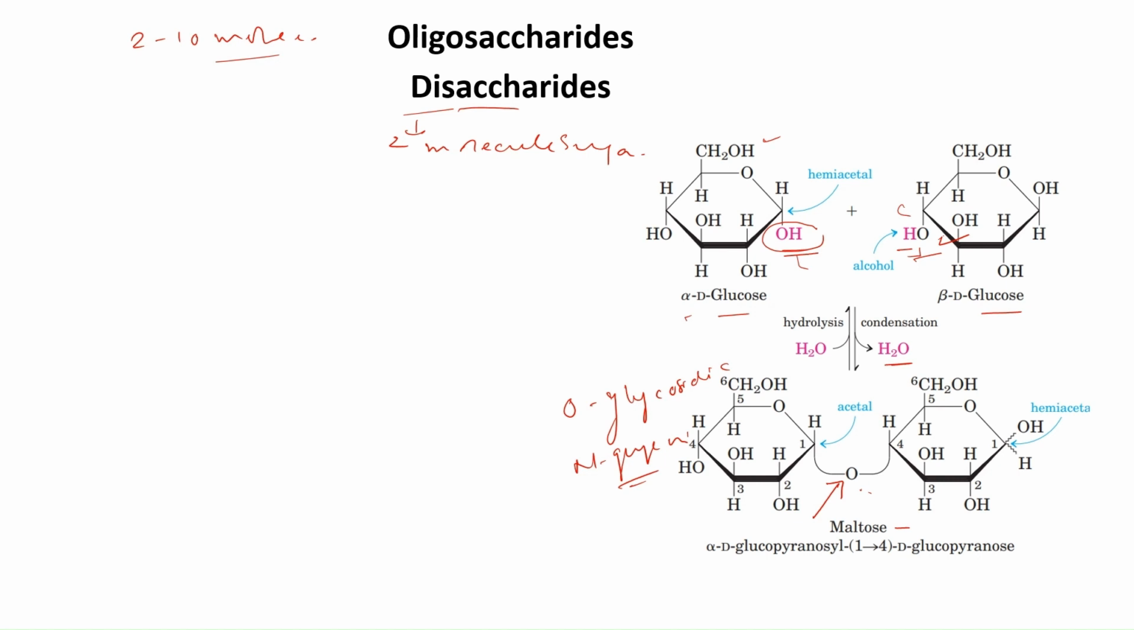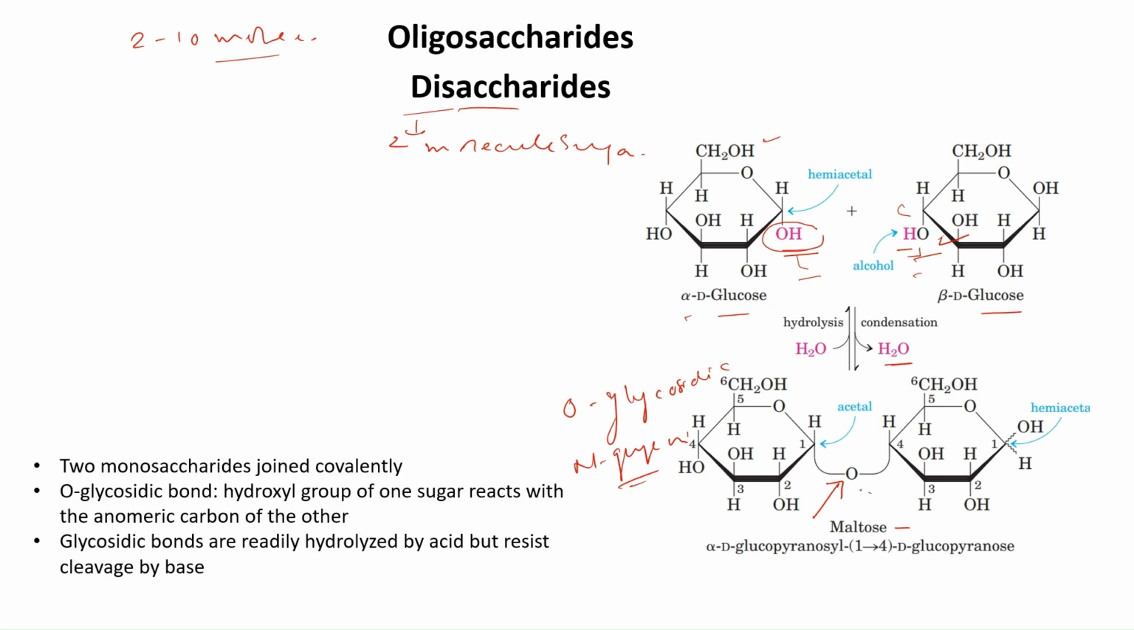What kind of bond is this? This is a covalent bond. To form a covalent bond, the reaction is happening between the anomeric carbon of one sugar molecule with the alcohol of the other sugar molecule. In this case, this is the fourth alcohol. So, in a disaccharide, two monomers are joined covalently by an O-glycosidic bond, that is, the hydroxyl group of one sugar reacts with the anomeric carbon of the other sugar. Now these glycosidic bonds are readily hydrolyzed by acid, but not by base. So the disaccharides will break into the corresponding monosaccharides if we boil the disaccharide in a dilute